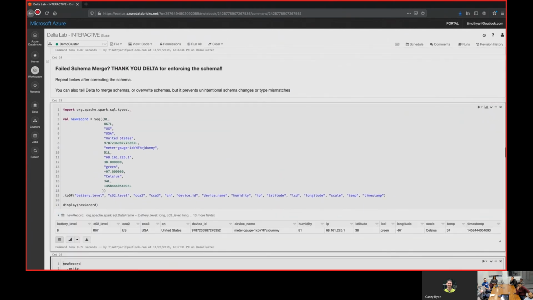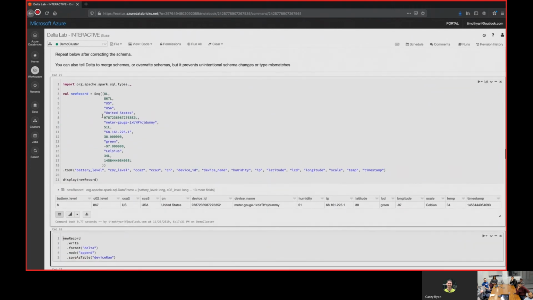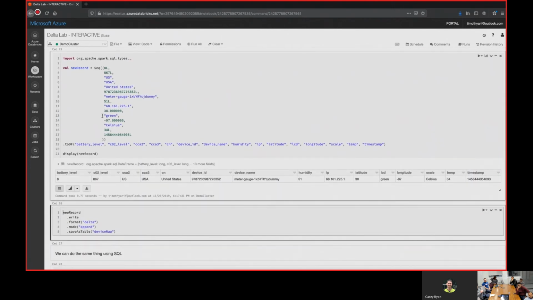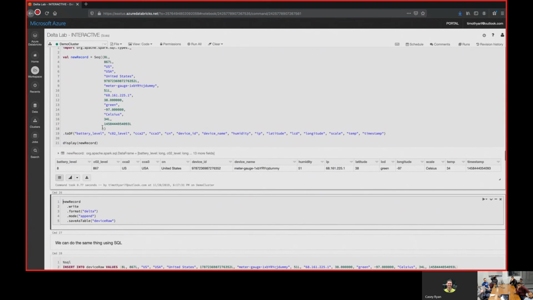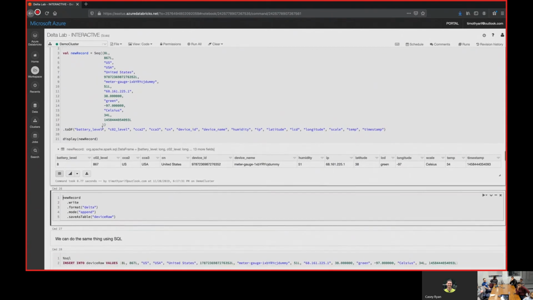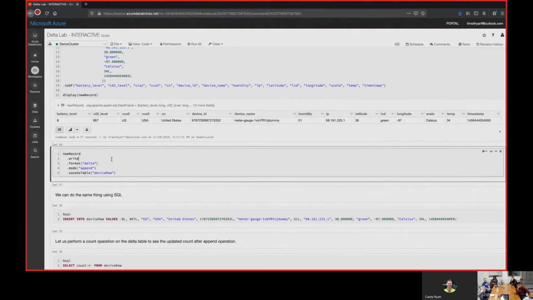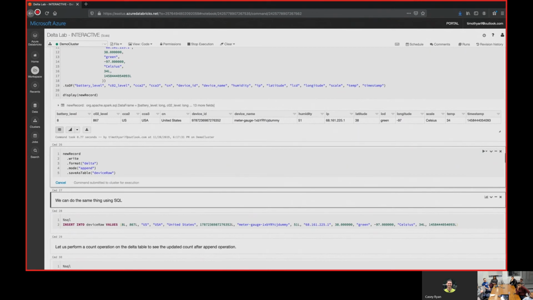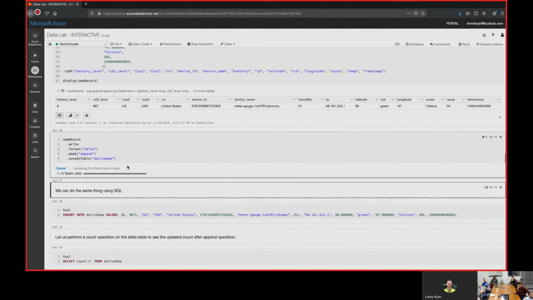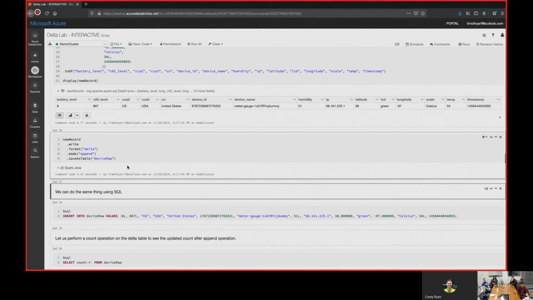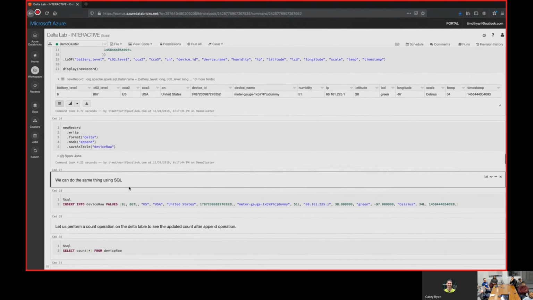You can force schema merges and updates as well, which you'd want to be a little more cautious about doing, especially in a streaming environment, because data will come in weirdly, and if you force it to overwrite, it will overwrite a lot of stuff you don't want, and then you'll be back dealing with time traveling and trying to figure out how to write some new data frame queries to fix everything.